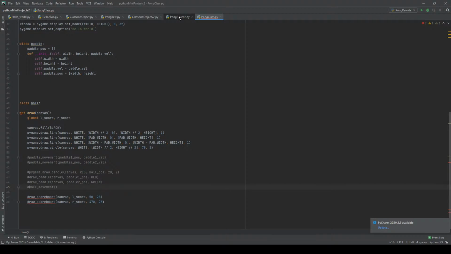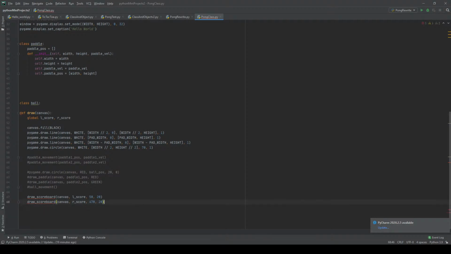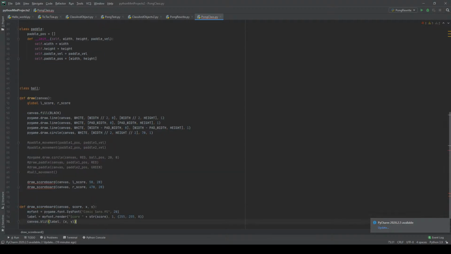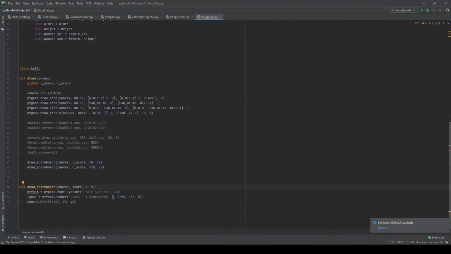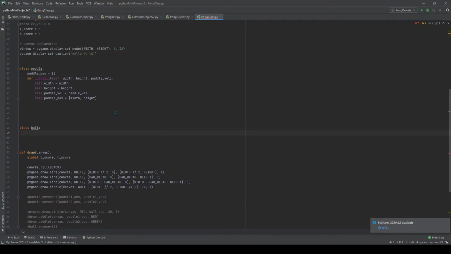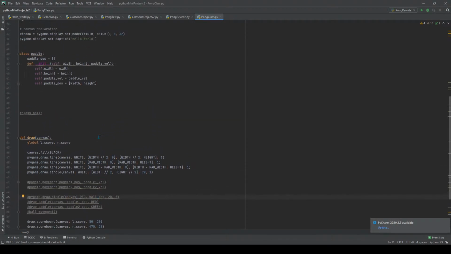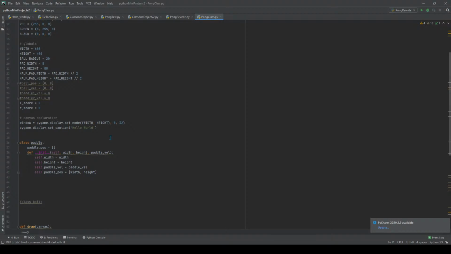Now, draw scoreboard. We obviously don't have that function. So what we're going to go ahead and do is we're just going to copy this, and paste it here, into here. So now everything is referred to, and we see that we don't have any red underlines here. Well, this is a blank class, so Python is a little angry at that, so we will comment that out. And there we go. We don't have any more red underlines complaining about how we don't have the proper functions